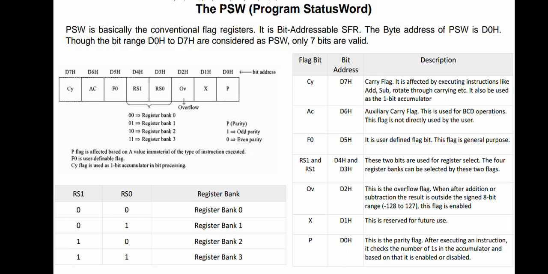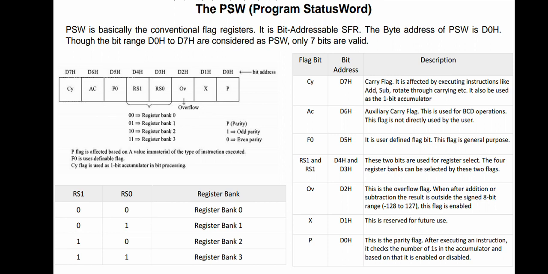The PSW or program status word is an 8-bit register. The PSW is basically a conventional flag register. It is a bit addressable special function register. It consists of 4 status flags, which are carry flag, auxiliary carry flag, overflow flag, and parity flag.